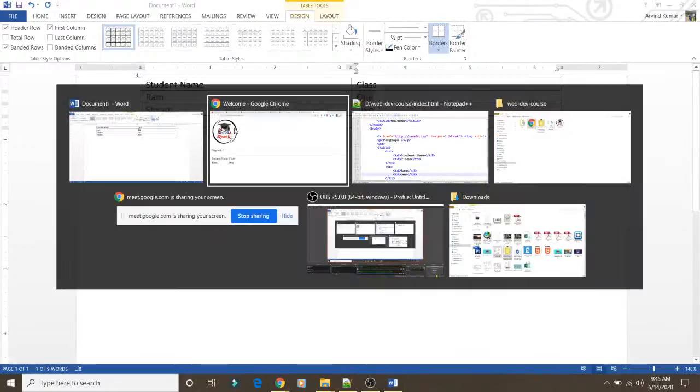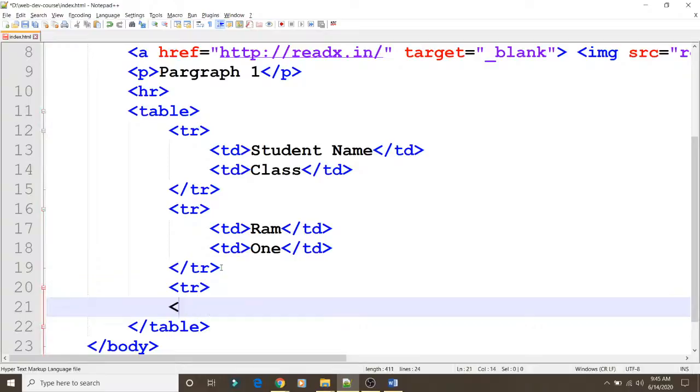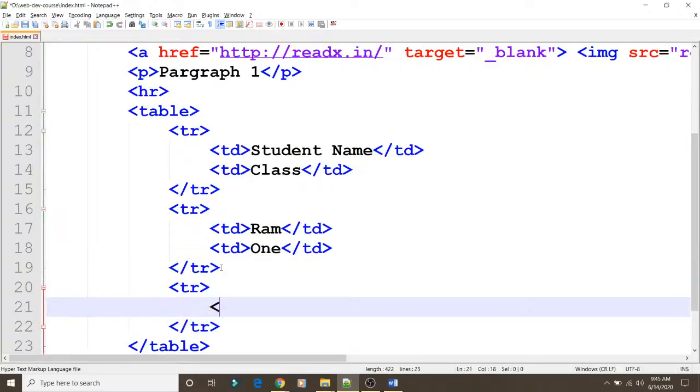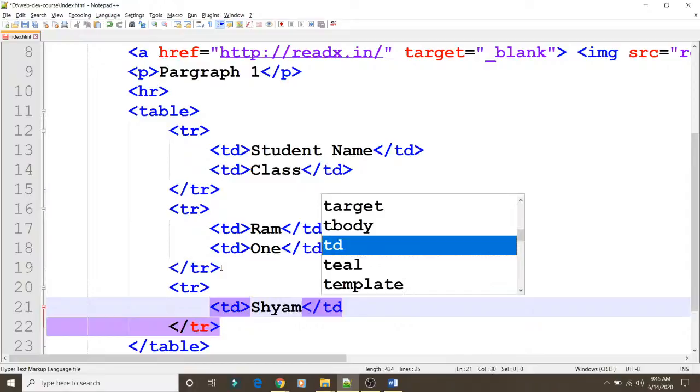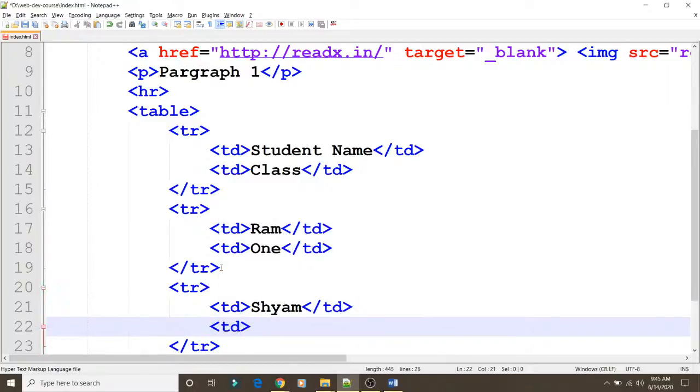So what we will do, again we will define another row with the help of tr. Okay, we'll close this tr. Again we'll have td and the value is Shyam, and again close the td. Okay, the value for the class is, I think, 2.